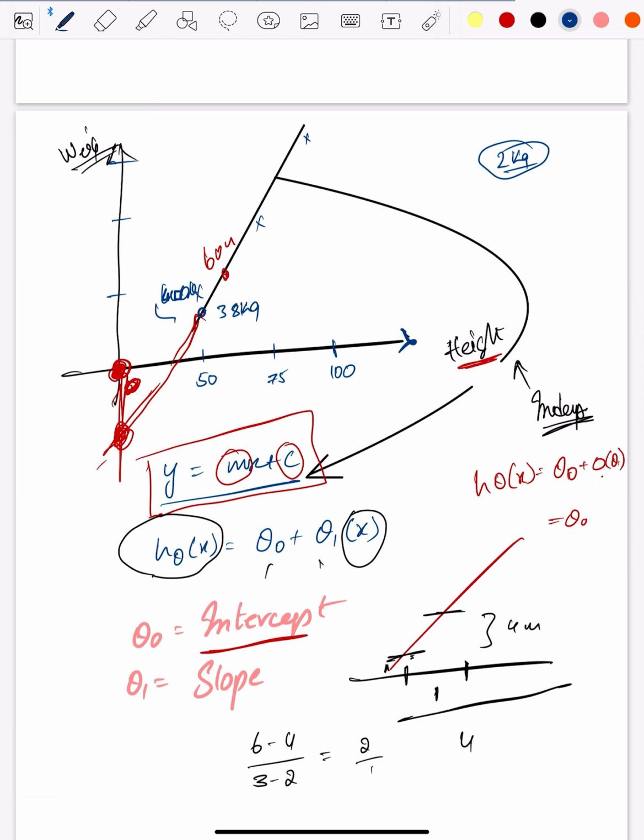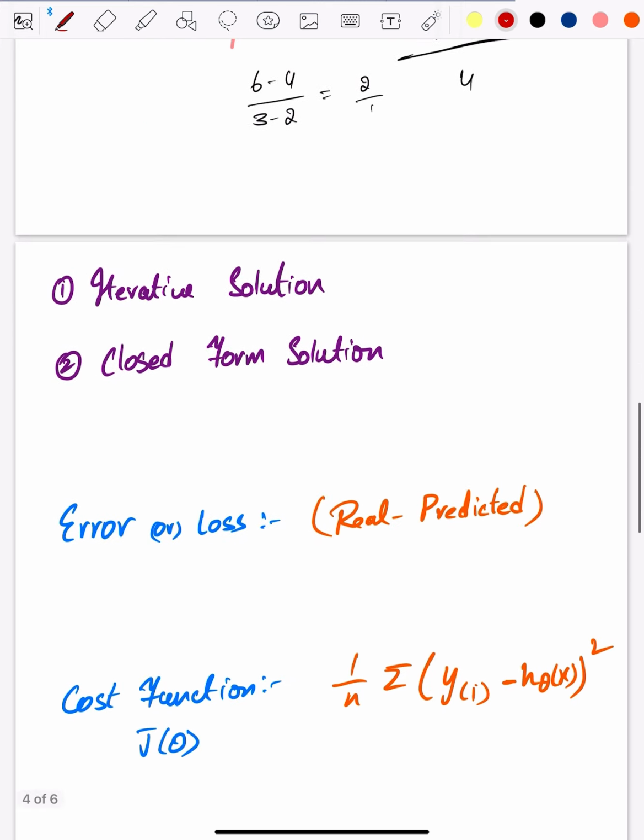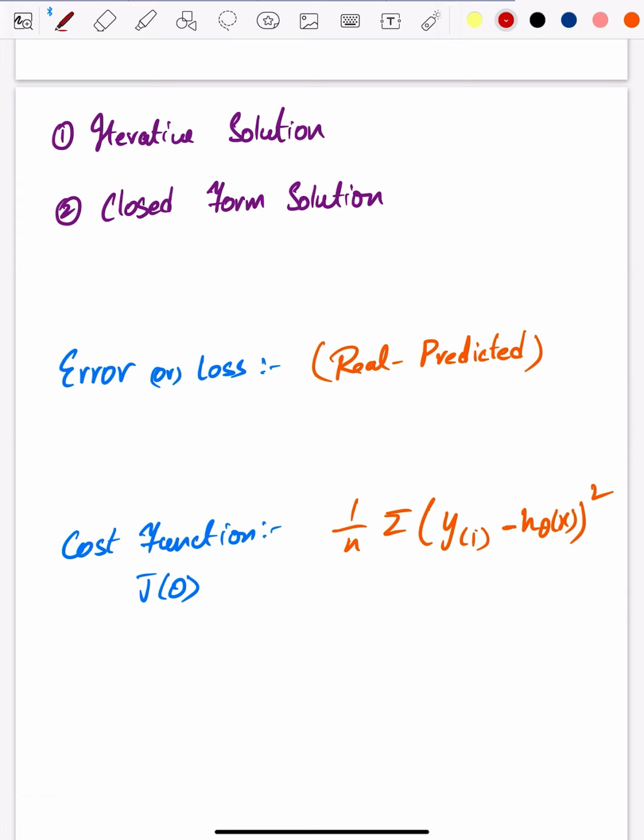We'll find the best fit line which has less error, less amount of deviation. For instance, let's say there was a line like this. Our point is here, but the prediction is here. So for example, you got an error of 5 kgs. Based on this line, you'll get 5 kgs of error, which is bad, right? You're gonna choose the one with 2 kgs. That's what you're trying to find out, which line gives the best predictions. So that is called error or loss, real minus predicted.